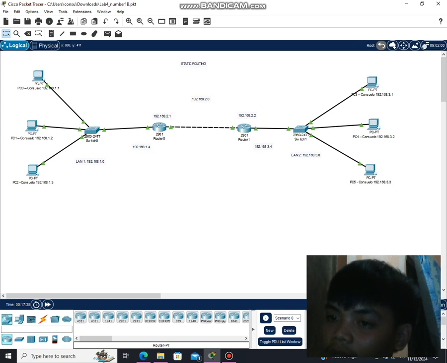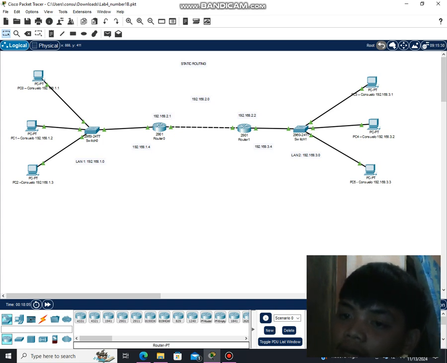Similarly, on router 1, we route to LAN 1, 192.168.1.0, via the interface connected to router 0 using the IP address 192.168.2.1. This static routing ensures that packets can travel between the two LANs.